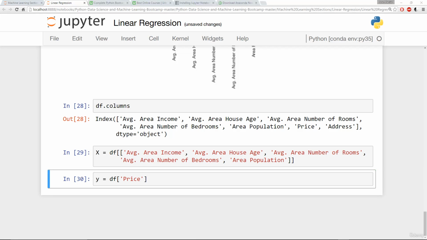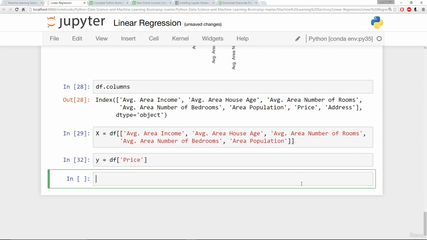Now that we have our X and y data, our next step is to do a train test split on our data. We want to split our data into a training set for the model and a testing set in order to test the model once it's been trained. Let's go ahead and use scikit-learn to do this. Scikit-learn comes with a train test split function, and you can grab it by saying from sklearn.cross_validation, and you can just do tab to autocomplete this, and select cross_validation, import